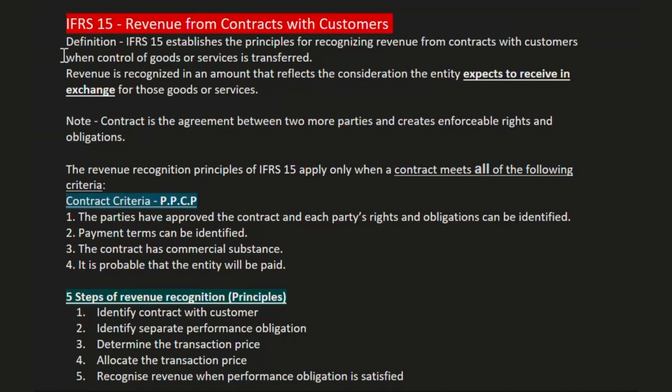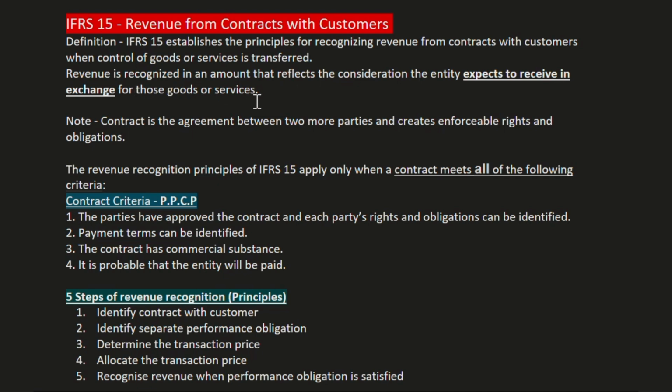Hi there. In today's video, we are going to study IFRS 15, Revenue from Contracts with Customers. Definition: IFRS 15 establishes the principle for recognizing revenue from contracts with customers when control of goods or services is transferred. Revenue is recognized in an amount that reflects the consideration the entity expects to receive in exchange for